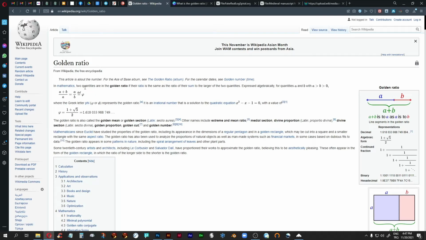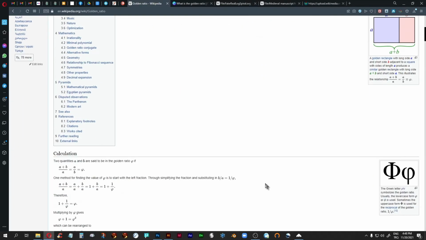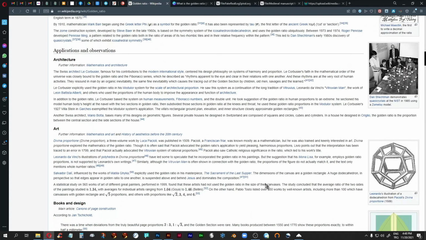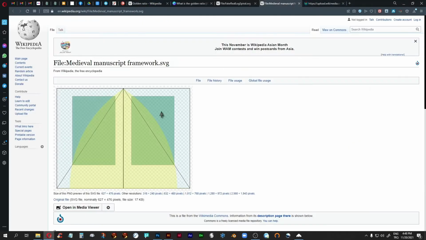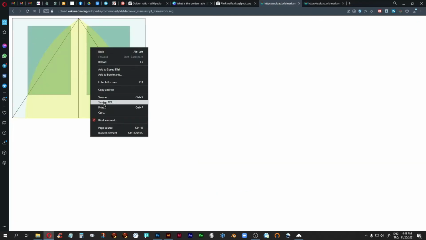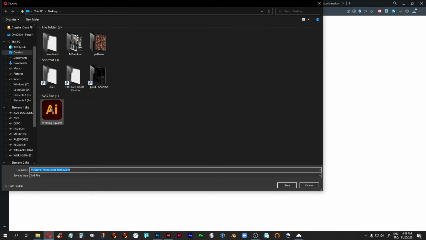So when you read it like this, there is the same as ratio of their sum to the larger of the two quantities, blah blah blah, then it becomes very difficult to understand. But I am going to be using some things from this page. There's one diagram here, which is this one right here, which I'm going to download as an SVG file right now, right in front of you,